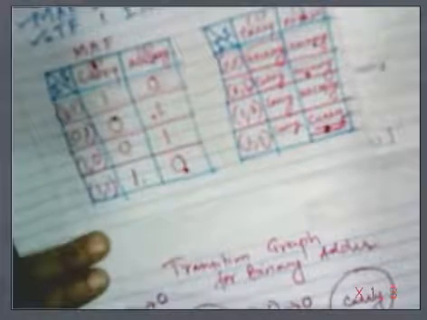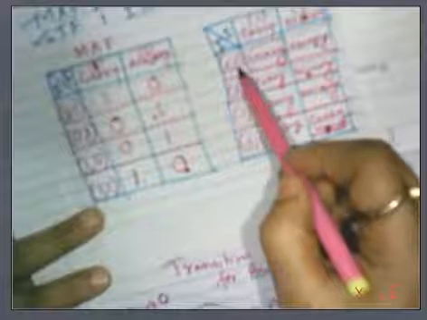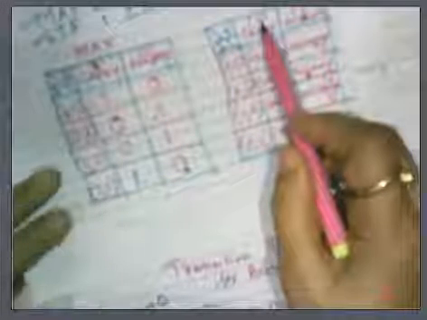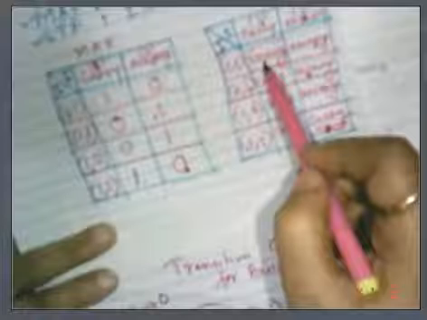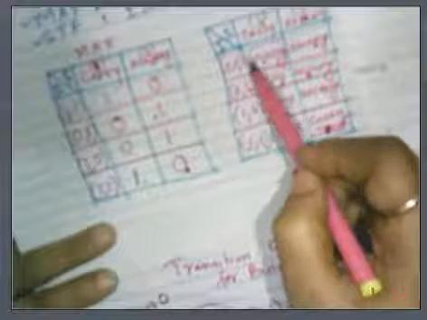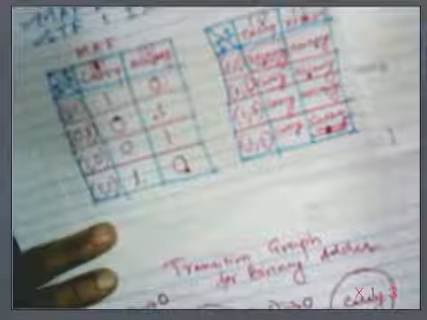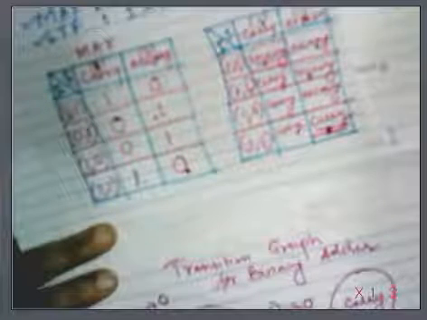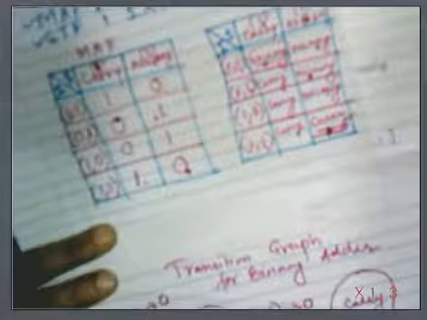Clear? Now, in the same way, for the carry state we have to write for all combinations. So very first, when current input is 0, 0 and my current state is carry, where is it going? It is going to no carry state, from carry to no carry. So I'll be writing this in this way. I'll be having a transition from carry to no carry state on which combination? 0, 0.